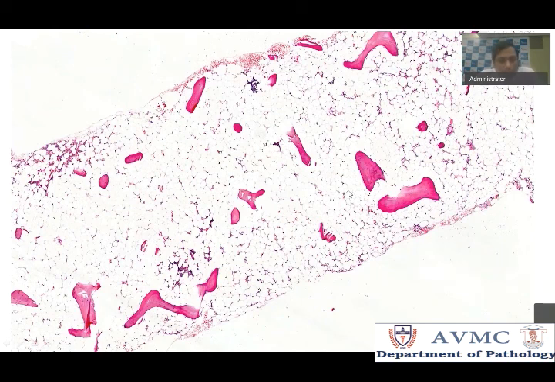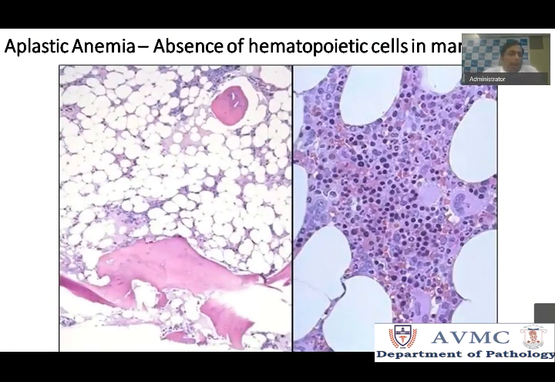So when there are no hematopoietic cells or stem cells or immature cells, how can normal cells get produced and released into peripheral blood? Predominantly it's a hypocellular marrow, and you find no hematopoietic cells to form normal blood cells. Okay, so this is a case of aplastic anemia. You know what aplasia is, from cell injury and adaptations, right? Aplasia is no cells. So you find aplasia of hematopoietic cells.